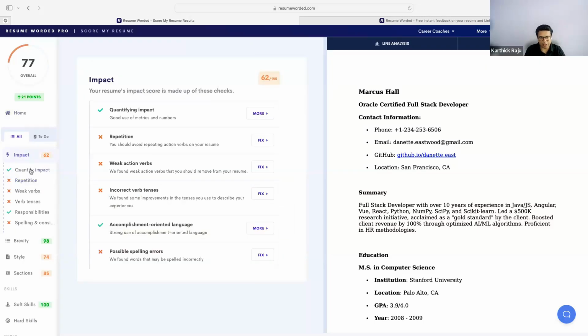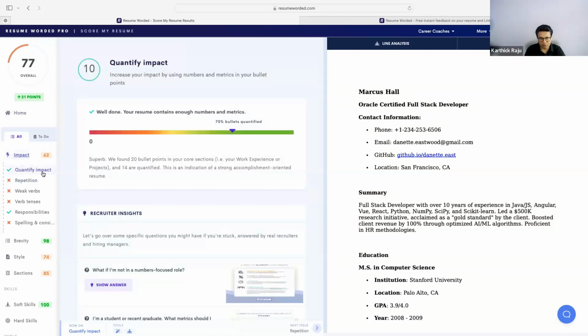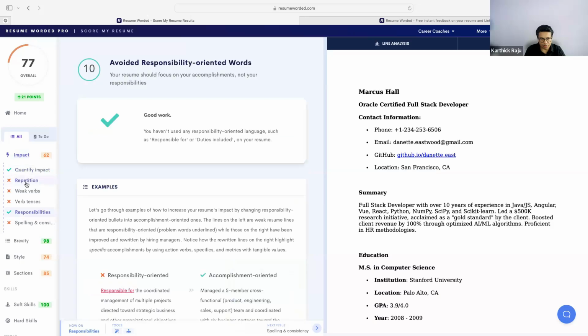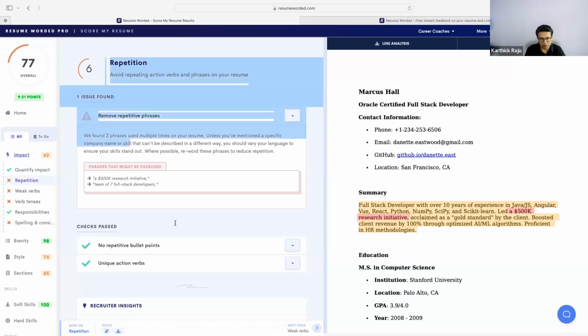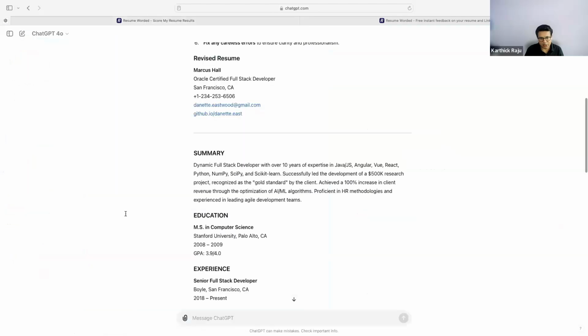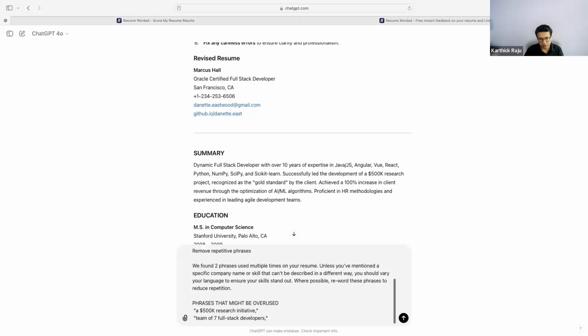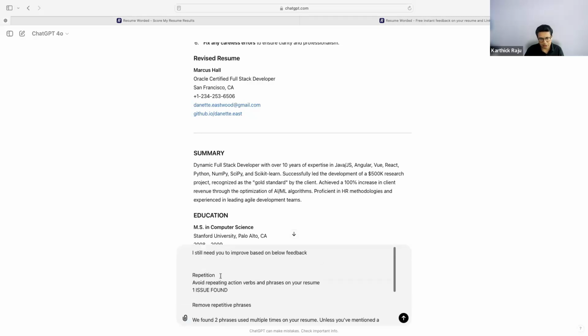So now the quantifying impact quality has improved. You can see from 3, we went to 10, and this has improved. And then if you want to improve this particular one, you're going to copy this entire thing, saying, okay, the chart is already there. I'm going to say, okay, I still need you to improve the feedback. Just copy this. I'm going to say this score is